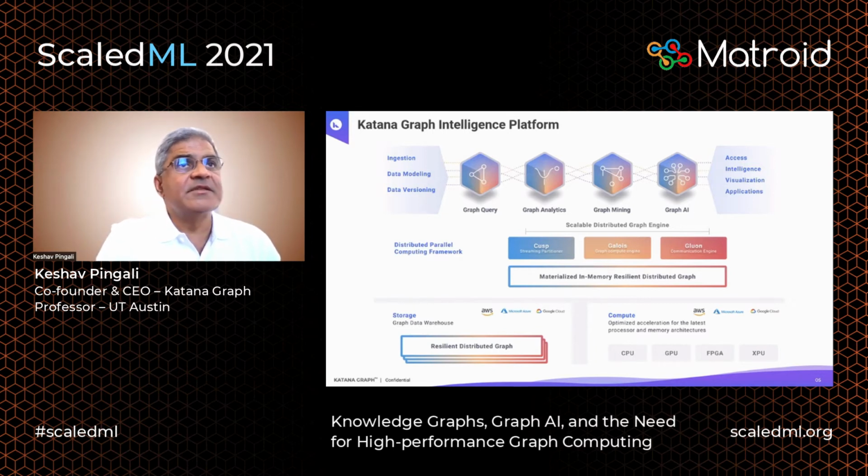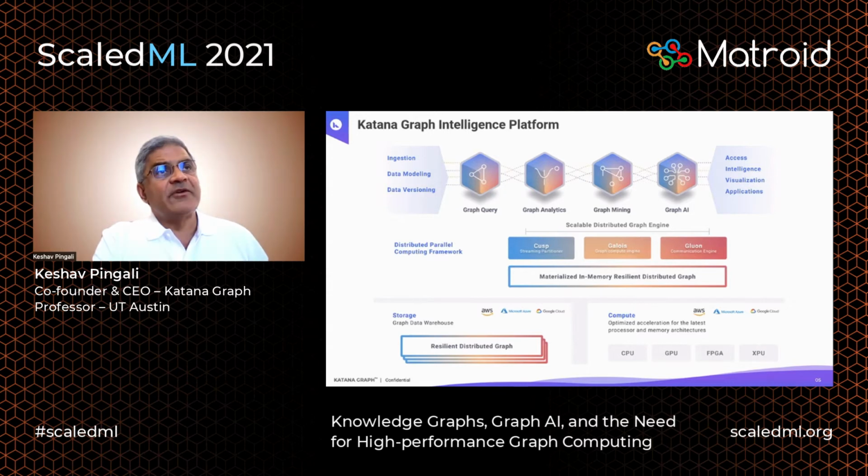Now, in order to make this into something real, you have to have high availability, resilience, fault tolerance, and so on. You have to wrap a lot of stuff around it. That's where my co-founder, Chris Rosbach, comes in. That's his area of expertise. He's giving a talk at this conference on what we are doing in that space. So I'm not going to talk about that. But let me talk a little bit about what we build on top of the scalable distributed graph engine.